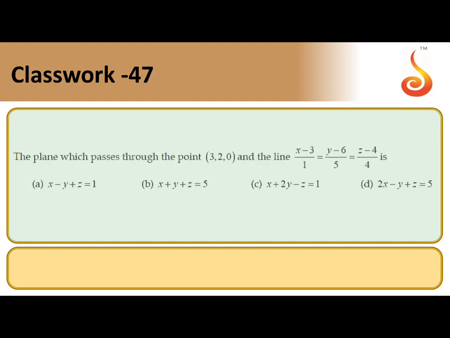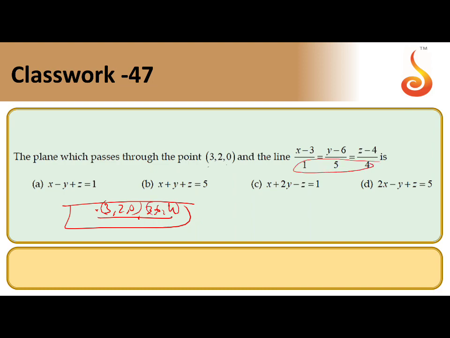So next question. The equation of the plane passing through 3, 2, 0 and containing the line. So the plane passing through means already one point is given as 3, 2, 0, and there is a line also there. So another point 3, 6, 4 is given, and DRs are given as 1, 5, 4. The two points are there. In this case, the plane equation is x minus x1, y minus y1, z minus z1, then x2 minus x1, y2 minus y1, z2 minus z1, then a1, b1, c1, equal to 0. The two points are 3, 2, 0 and 3, 6, 4.